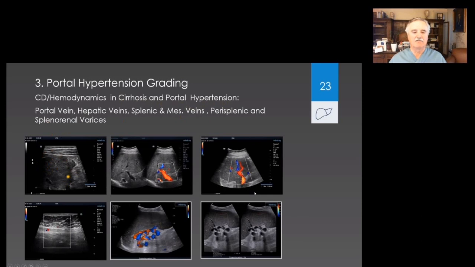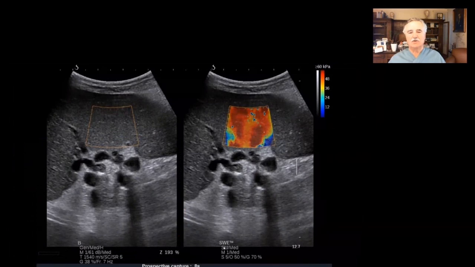Only this one image may make the examiner sure that this is a cirrhotic liver, but also passing to the hemodynamic phase, you can see dilatation of the portal vein, small varices in the abdominal fat in front of the liver, and also splenic varices, splenogastric or splenorenal varices, and all this to confirm